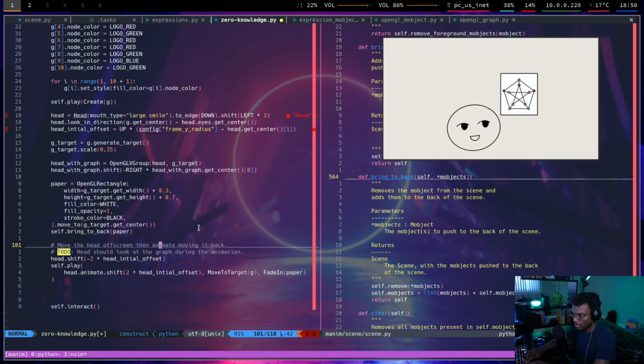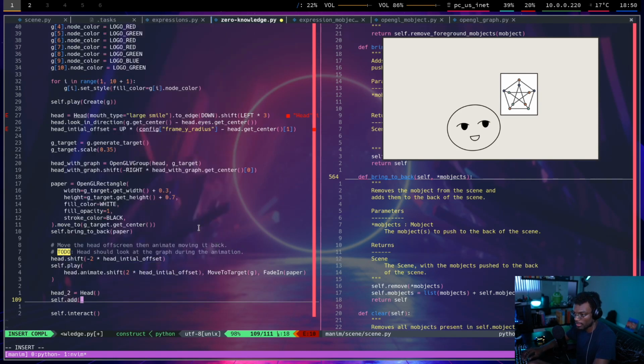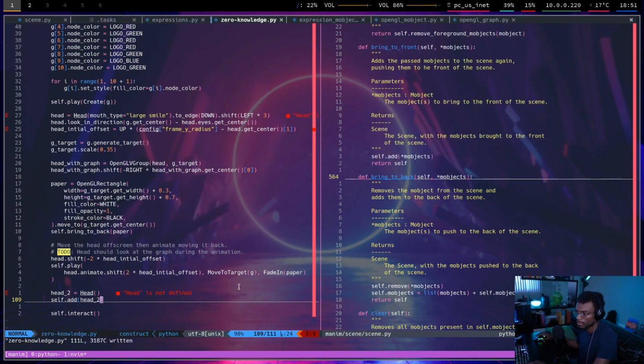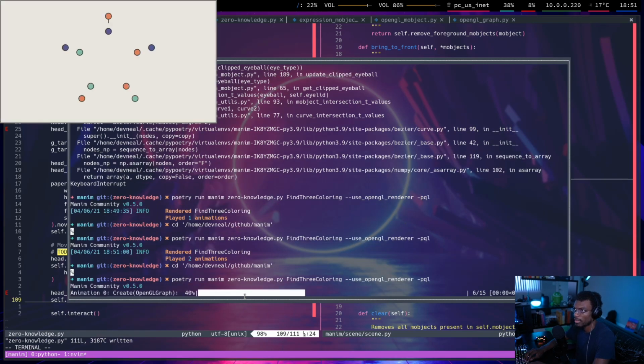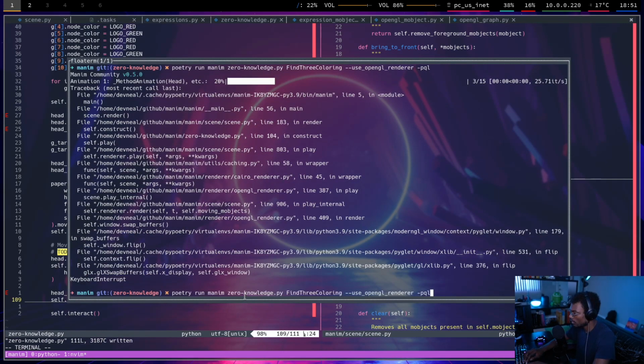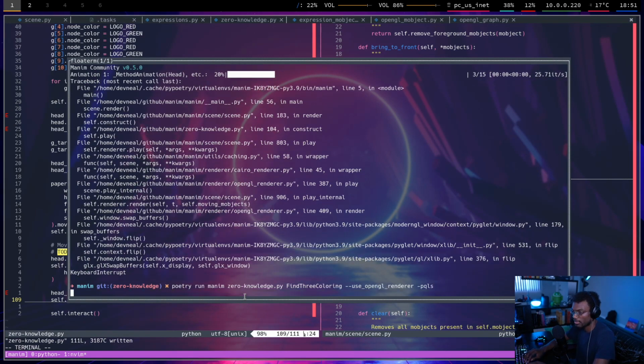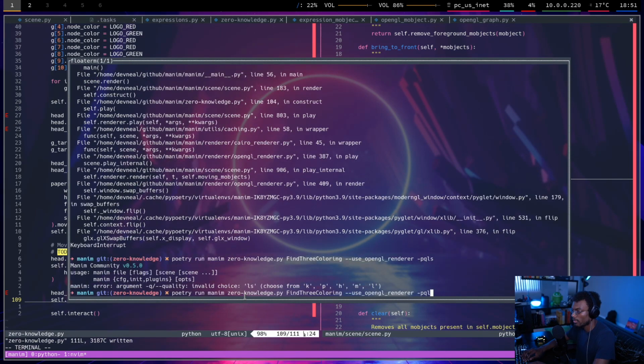And then move the head off screen, then animate it moving back. Yeah, that's fine. Okay. Let's get a head 2. And just self.add the second head. And then interact. If I run that, and I think I actually only want to see the final frame, but I don't know if we can do that anymore. If I don't preview,